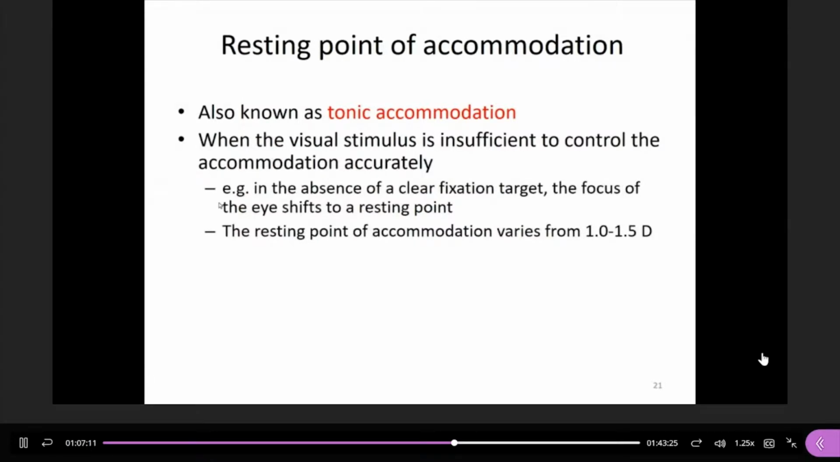Tonic accommodation means that when you look at distant objects, although it is at distance, presumably it will not trigger any accommodation. But particularly when the objects are not very clear to the patient, let me give you one example. For example, if you ask the patients to look at a pinpoint light,